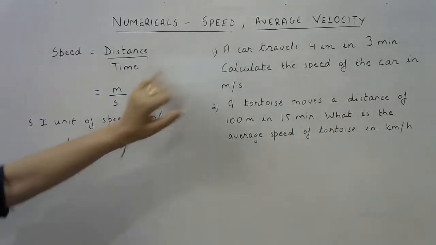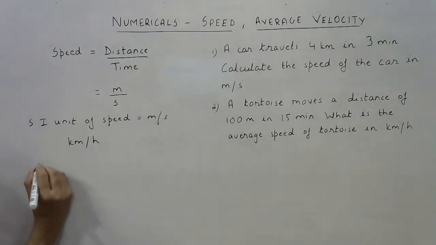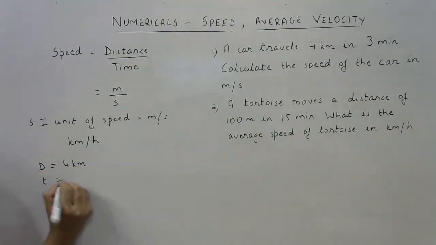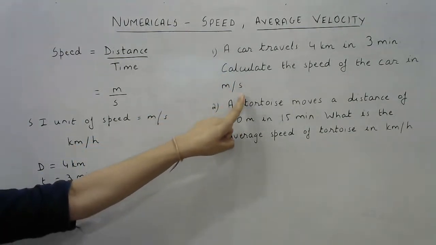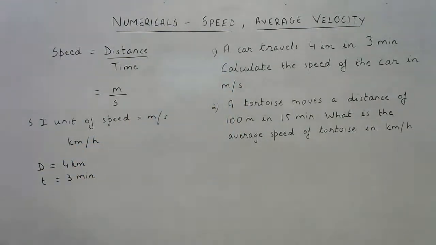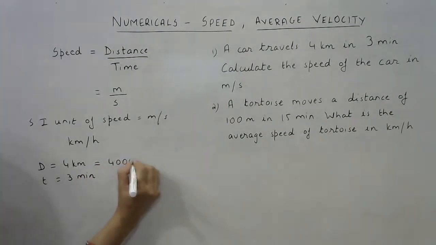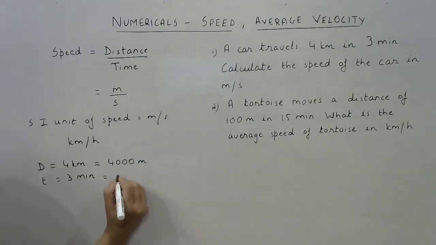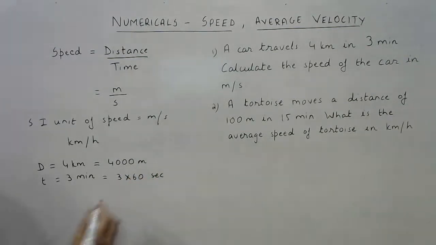A car travels 40 kilometers in 30 minutes. So in this question, what is given to you is the distance, that is, distance is 4 kilometers and the time is 3 minutes. Now you have to be careful about the units. You have to calculate the speed of the car in meters per second. Because this is in kilometers, we will first convert it to meters. 4 kilometers is equal to 4000 meters. We multiplied it by 1000, and 3 minutes is equal to 3 into 60 seconds, right? So this comes to